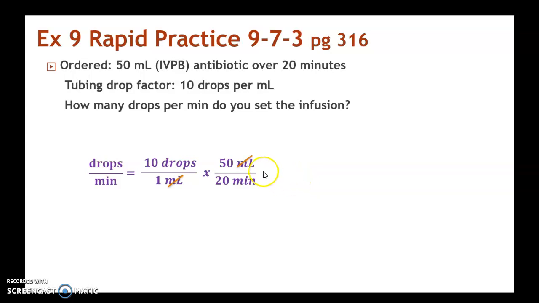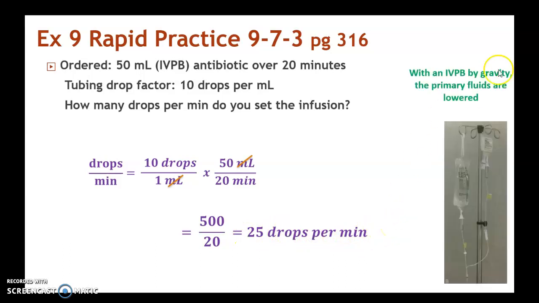All right. We're ready to do our math. 10 times 50 is 500, and we've got 20 on the bottom, so that should work out to give you 25 drops per minute. Keep in mind that anytime you work with these IVPB bags, especially with gravity feeds, that